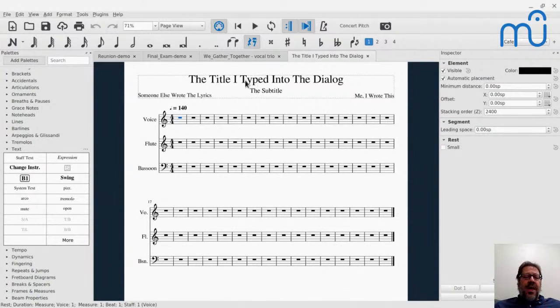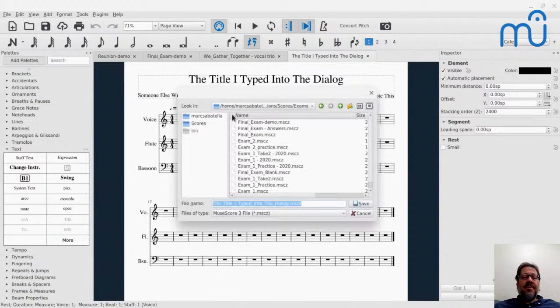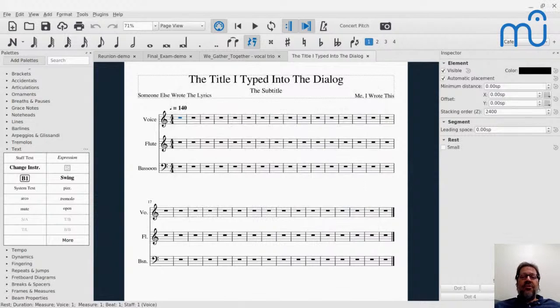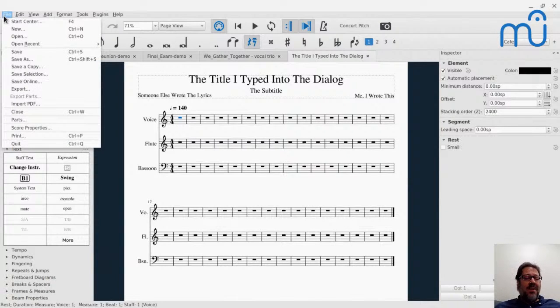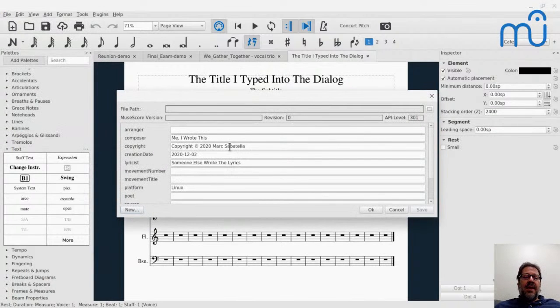If I try to save this score right now, you'll see that that becomes the suggested file name. So it's using the title for that. The composer also gets associated with the score in a way that is useful. And by the way, if you don't type your information into that box when you first start, you can come to score properties and get to it later.